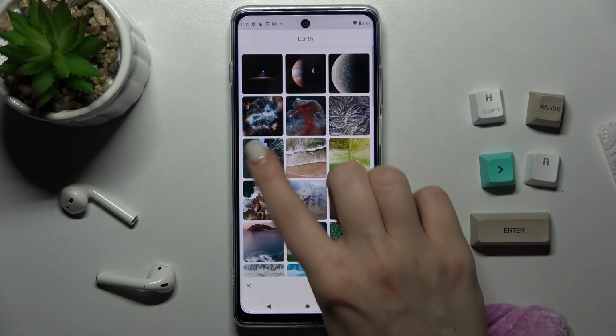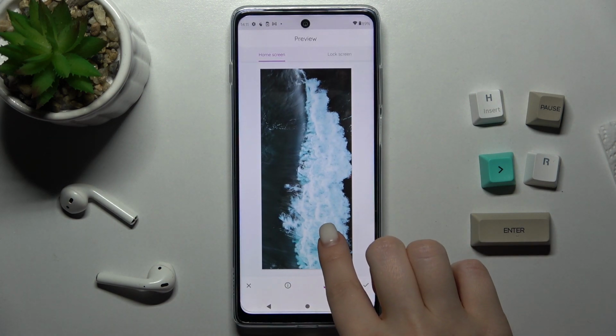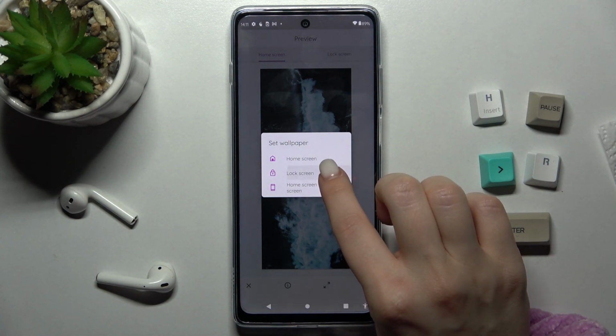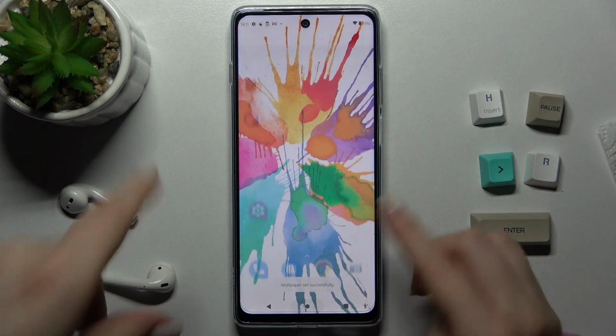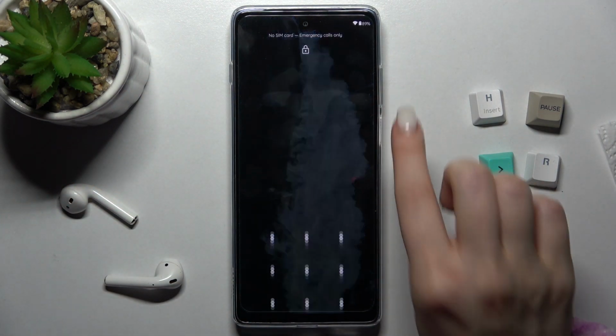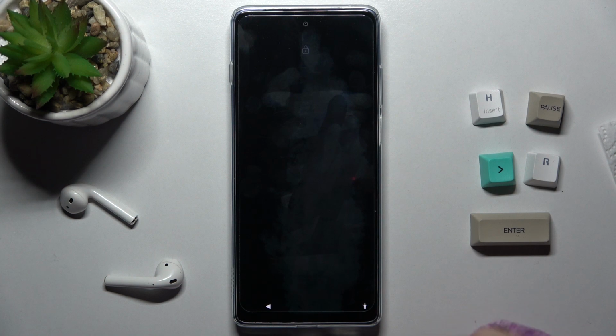maybe this photo, and just tap OK, and we want to change our lock screen. And now we'll check that yes, you can see we successfully changed our lock screen wallpaper. So that's how it